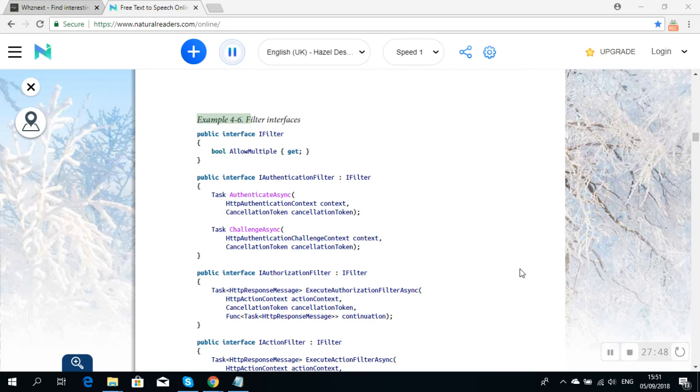Example 4-6. Filter interfaces: public interface IFilter { bool AllowMultiple { get; } } public interface IAuthenticationFilter : IFilter { Task AuthenticateAsync(HttpAuthenticationContext, CancellationToken); Task ChallengeAsync(HttpAuthenticationChallengeContext, CancellationToken); }